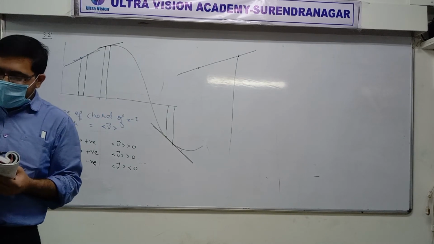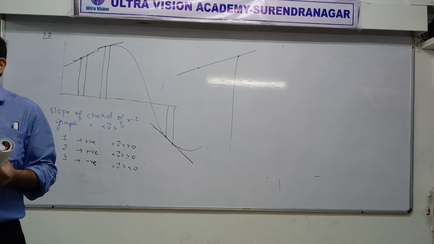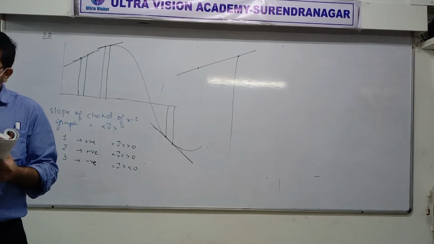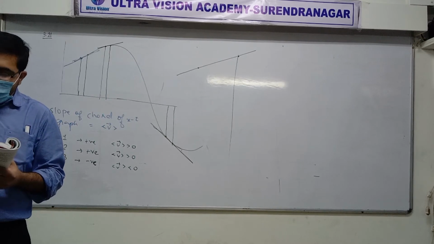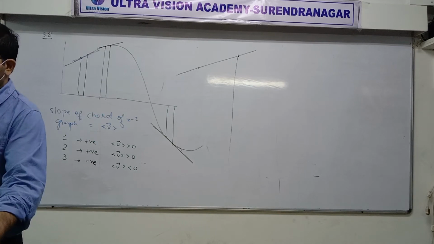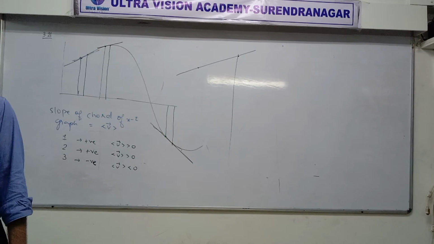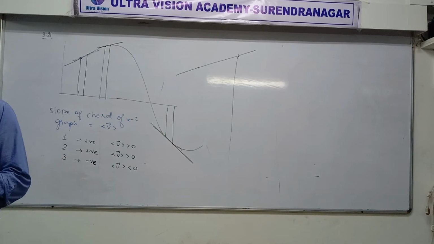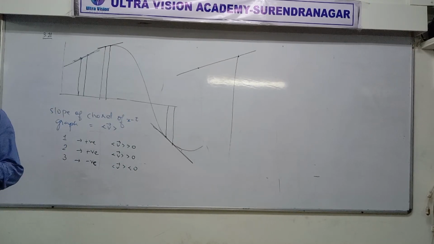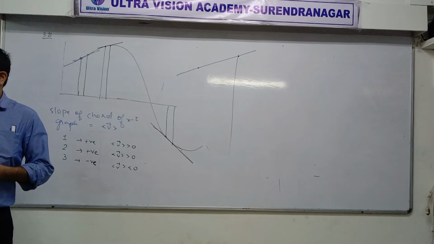3 equal time intervals are shown. 1, 2 and 3. A, B, C. Equal time intervals. Which one? 1, 2 and 3. Just like in the previous question. In which interval is the average acceleration greatest in magnitude? What's the meaning of average acceleration? How do you find average acceleration? Formula of average acceleration. The whole class should get 100 out of 100. Average acceleration formula.